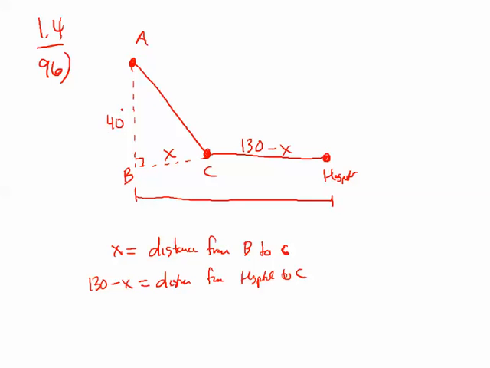So that means 40 squared plus x squared would give us this, as long as we take the square root of it. So tell me if you guys agree here. This would be the square root of